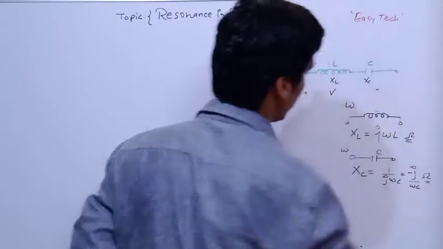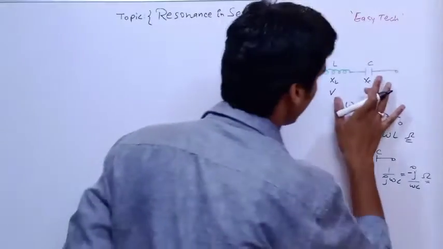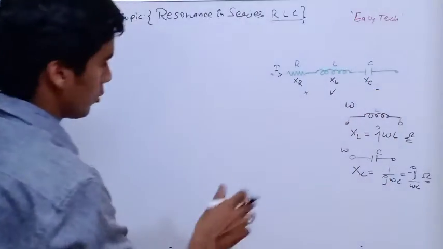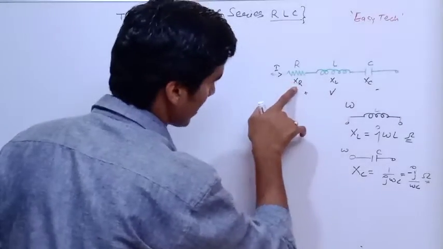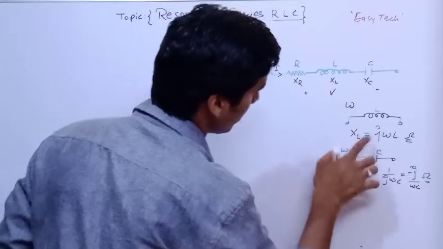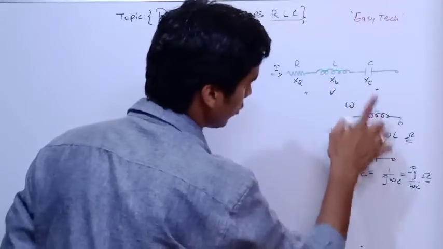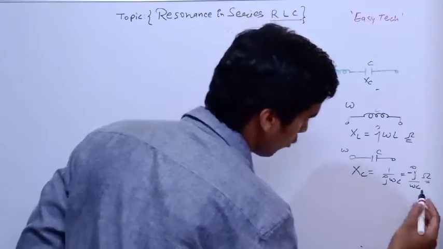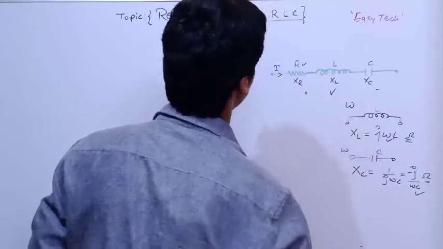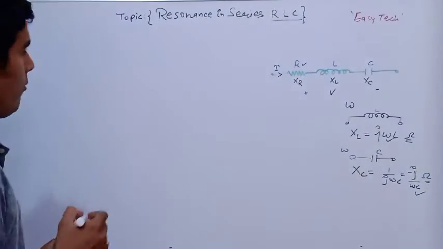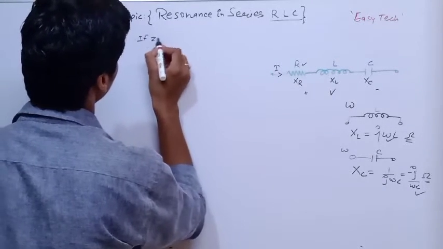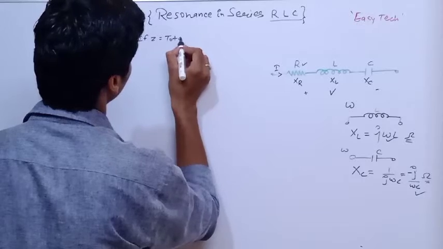It is XC. So we have taken XR equal to R, XL equal to j omega L, and XC equal to minus j upon omega C. We will consider these three. So if we denote Z as the total impedance,